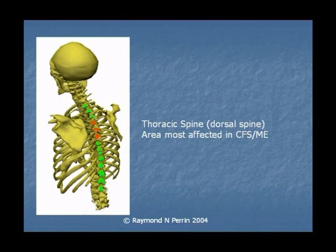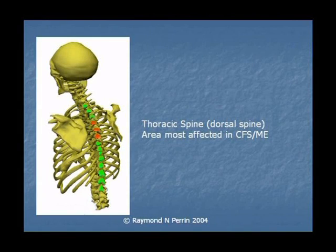So we start with the thoracic spine, because he had thoracic spinal problems, and in my paper of 1993 in the British Osteopathic Journal I looked at the common findings in patients with associated symptoms. I had quite a few patients with these ME type symptoms, and I wasn't somebody to diagnose ME, but I noticed that they had all the same problems. Their thoracic spine was visibly not posturally the way it should be. It should be curved in the middle, what we call slightly kyphosis, and they were often flattening and distortion,